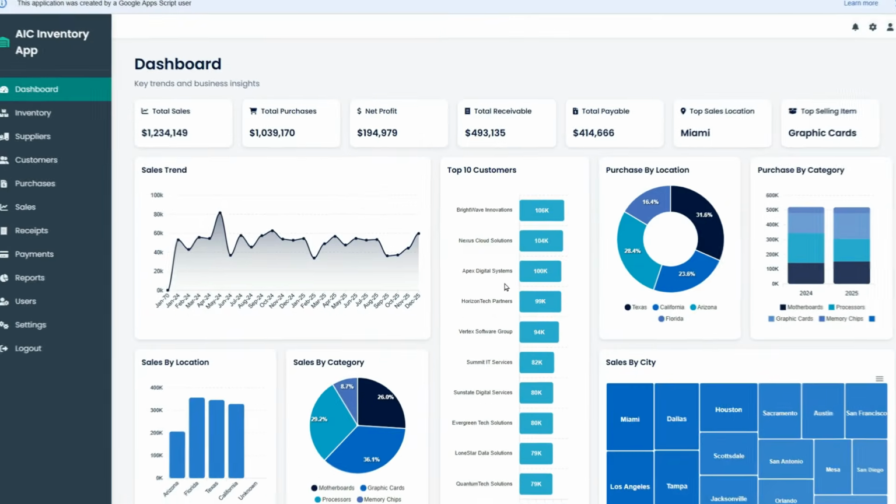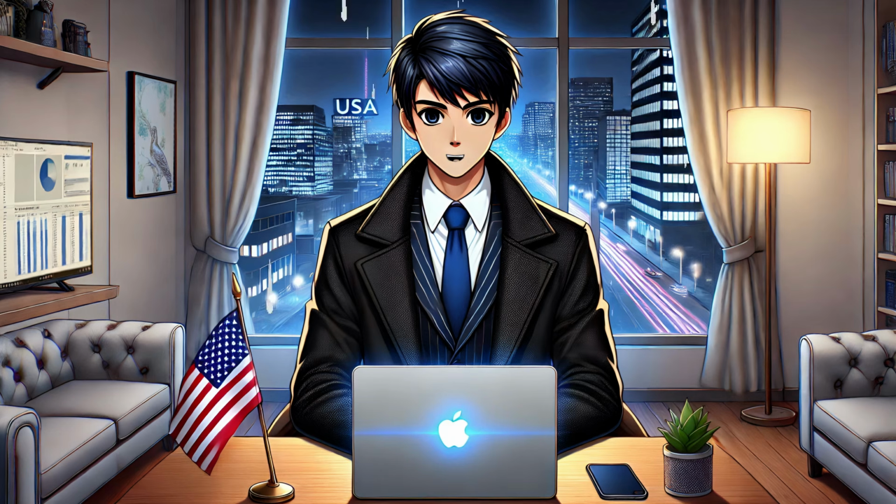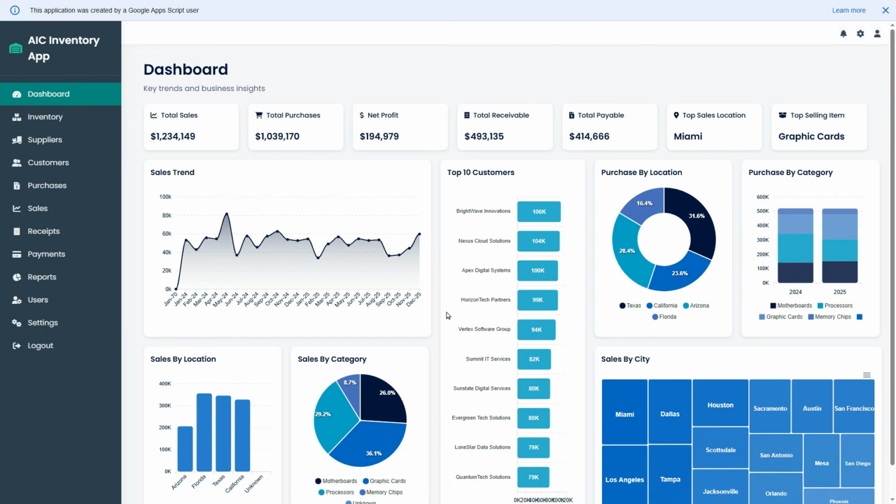In this video, we will build a complete inventory management system and an inventory dashboard by using Google Sheets, Apps Script and ChatGPT. Let me give you a brief overview of what we will be creating in this tutorial. First of all, we will create a sidebar menu containing multiple pages or modules, and each of these pages will